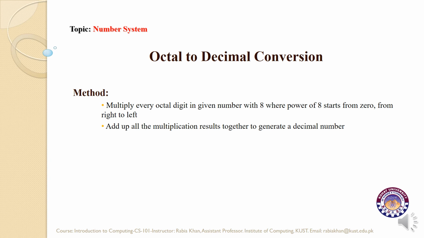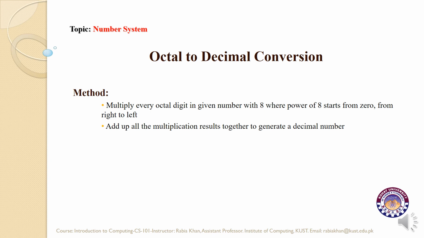The octal number system consists of a total of 8 symbols or digits from 0 to 7, while the decimal number system is a common number system consisting of a total of 10 digits, 0 to 9. We have already performed decimal to octal conversion in previous lectures, and today we are to perform its reverse. Now we have to convert the octal number system to its respective decimal number system.